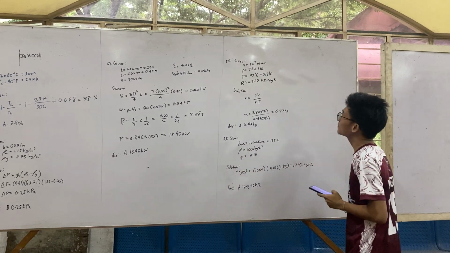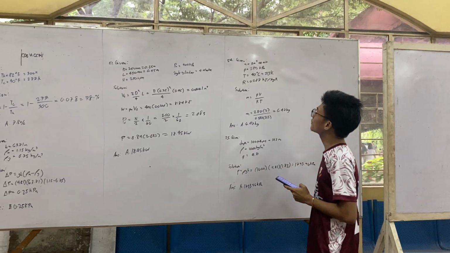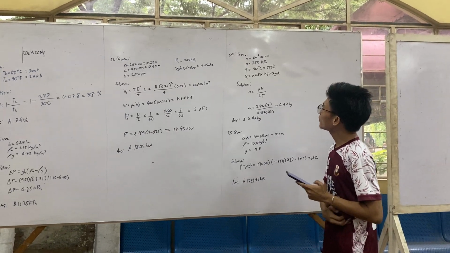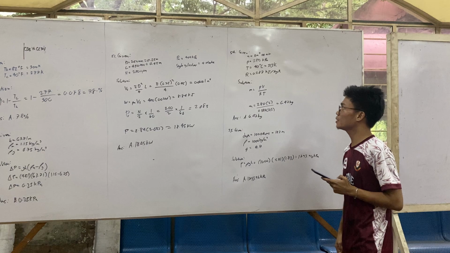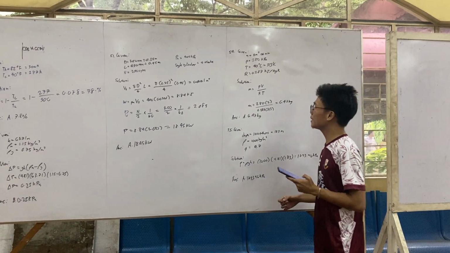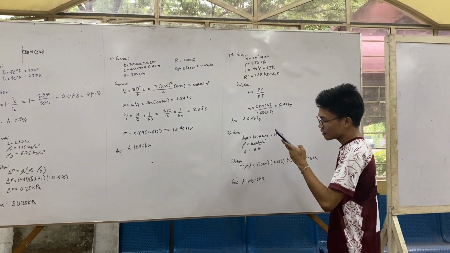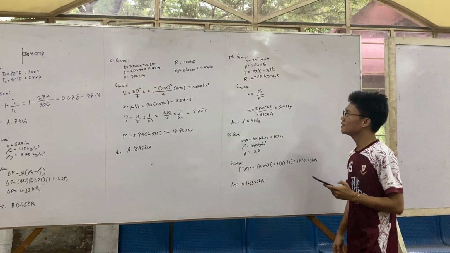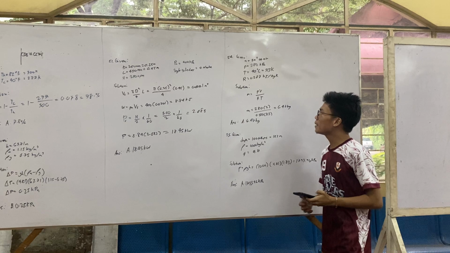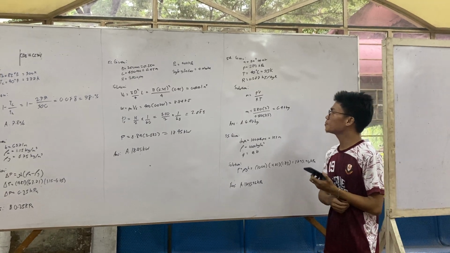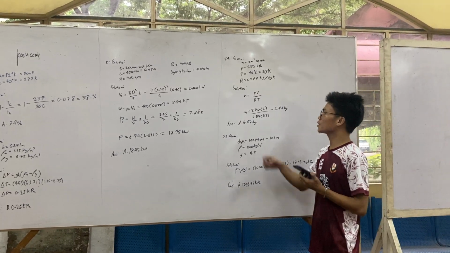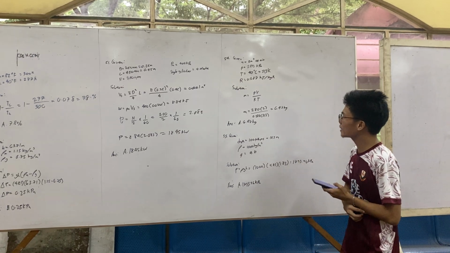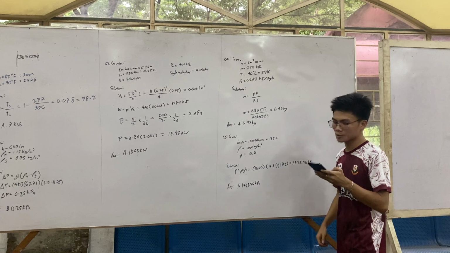The givens are 2 cubic meters of air and a pressure of 280 kPa, with a temperature of 40 degrees Celsius or 313 Kelvin, and our R, which is 0.287 kilojoules per kilogram Kelvin. Here's the solution: mass equals PV over RT. By substitution, 280 times 2 over 0.287 times 313, we get 6.47 kilograms,